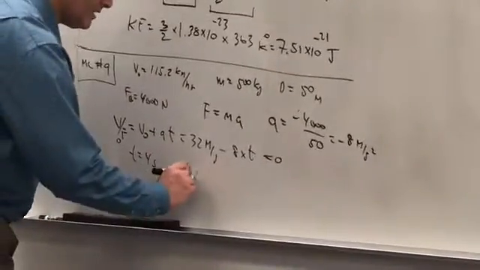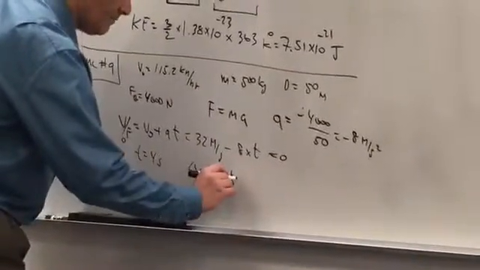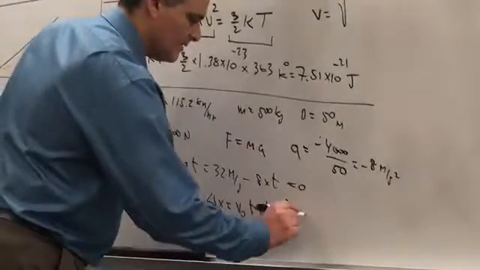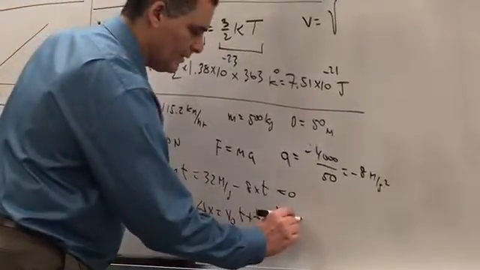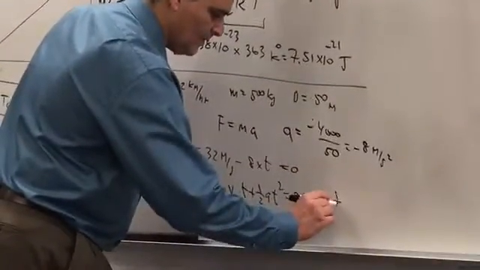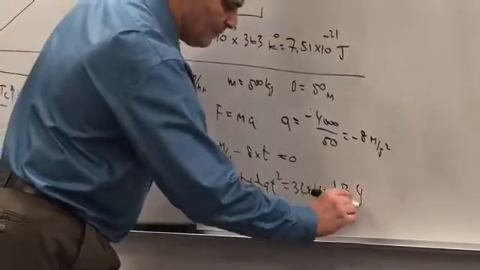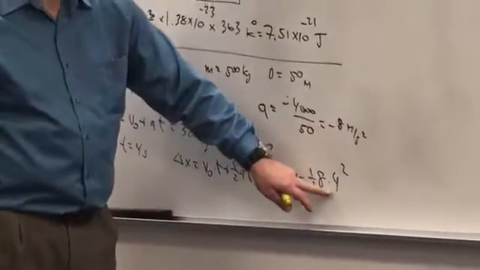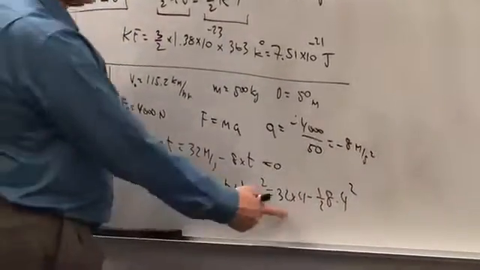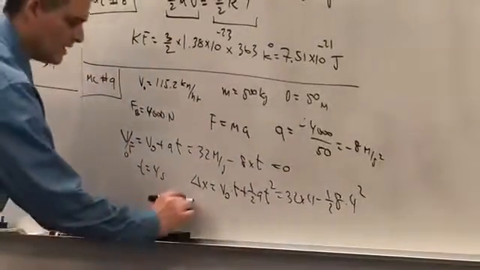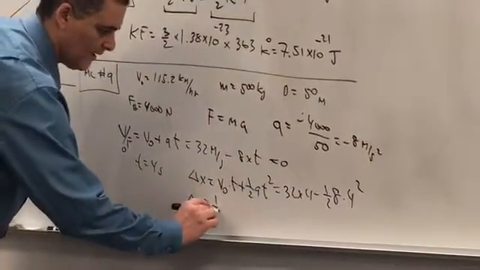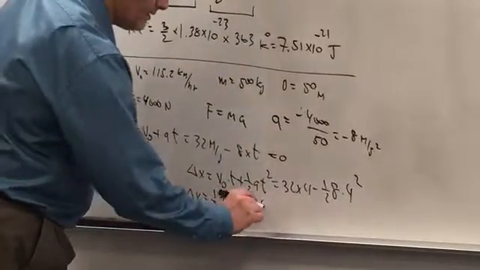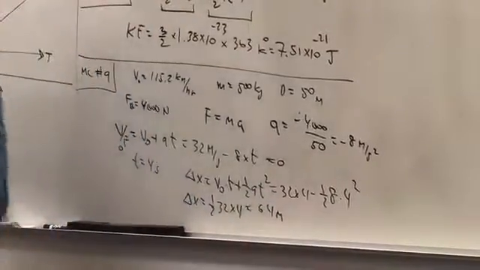Because we know that change in distance equals V0 times time plus 1/2 AT squared. So that's 32 times 4 minus 1/2 8 times 4 squared. 8 times 4 is 32 times 4, so it's this minus half of itself. So the change in distance then is going to be 1/2 of 32 times 4, right? 16 times 4 is 64 meters. Therefore, you're going to hit your